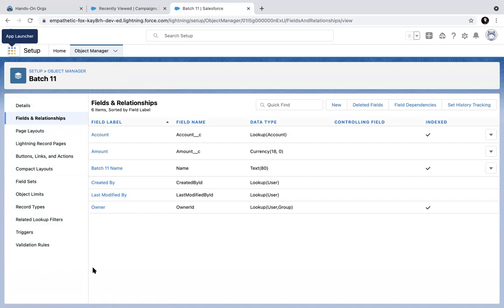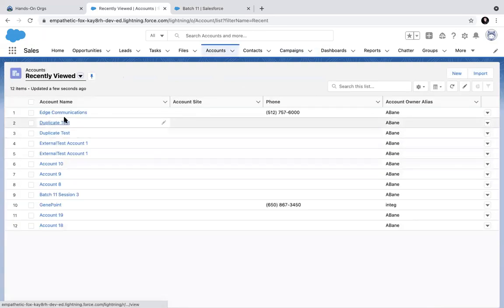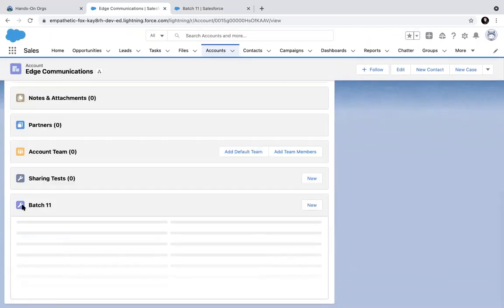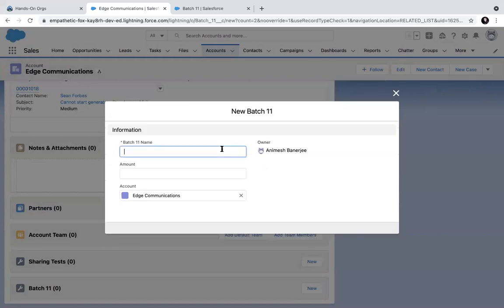Okay. If it has a lookup relationship, just like this, then probably you can create some records. If you go to the parent, I go to the account here, probably you have this batch 11 now here. Here I can create the records.